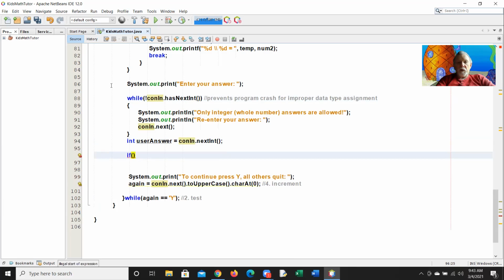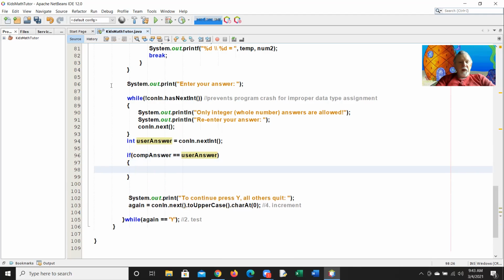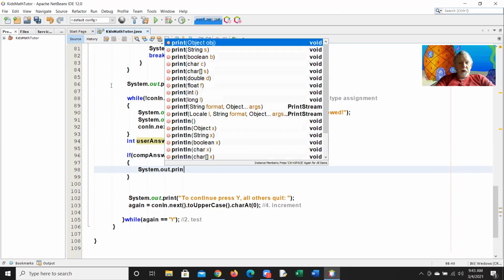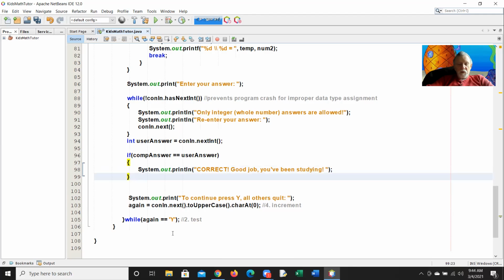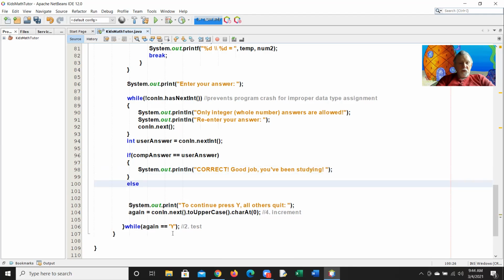So we can say if compAnswer is equal to userAnswer, then we want to do something like System.out.println, so something to that effect. Else